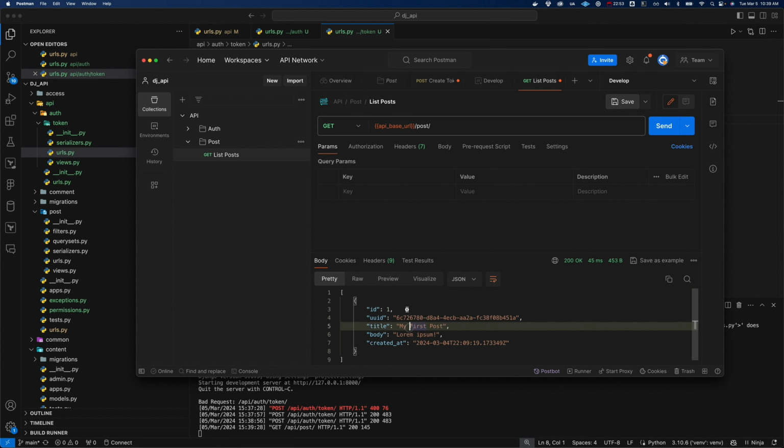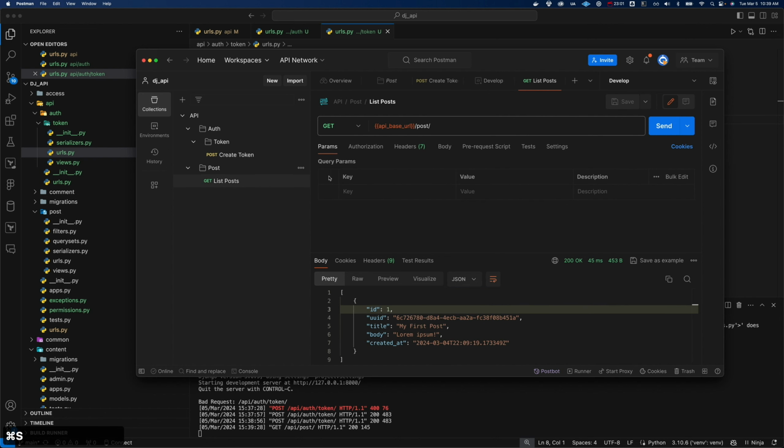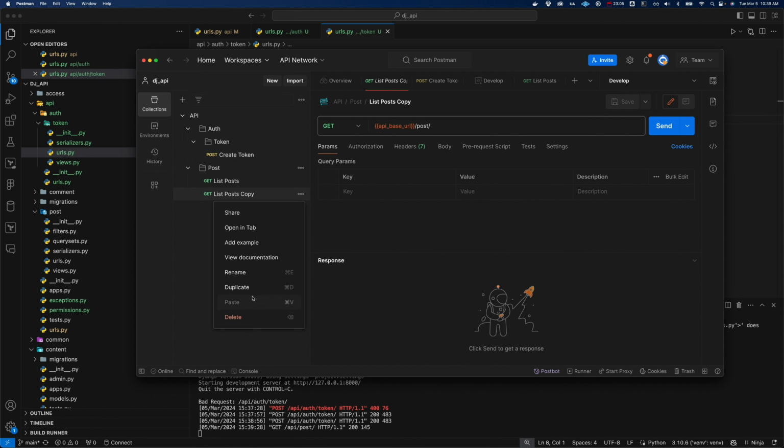It's all formatted nice. It's great. So we'll have list posts, and that's good. And we can also make another one. And I'm just going to make sure I have my things saved. So let's duplicate this one, and let's rename it to